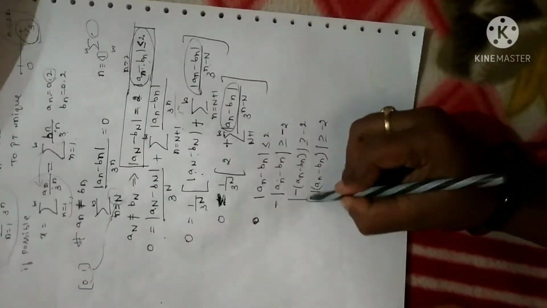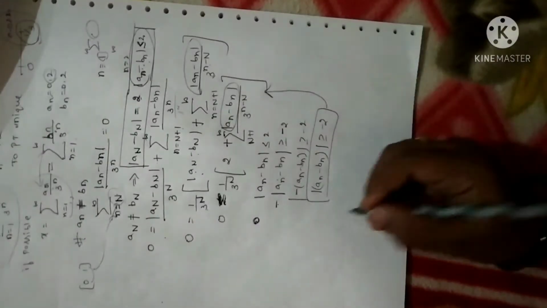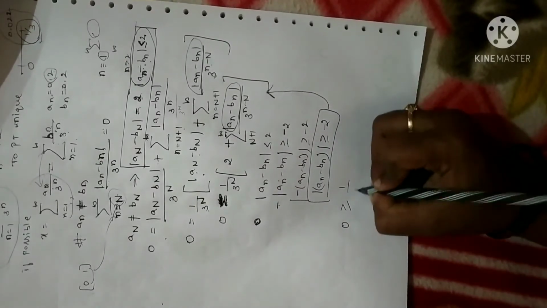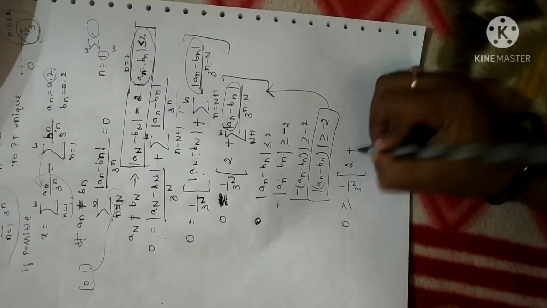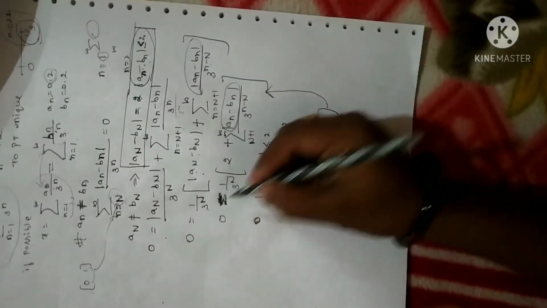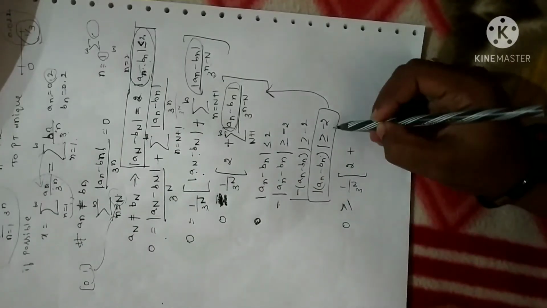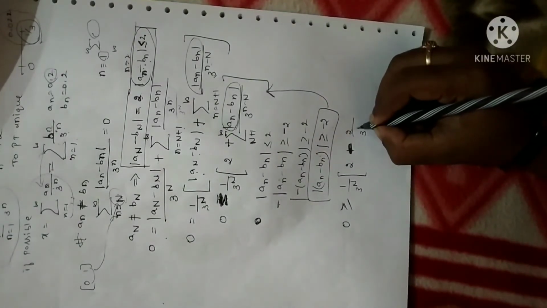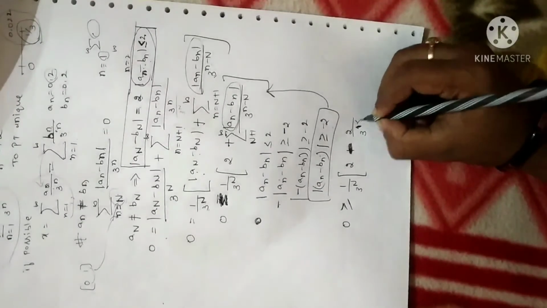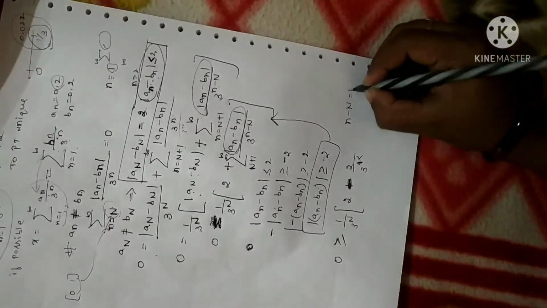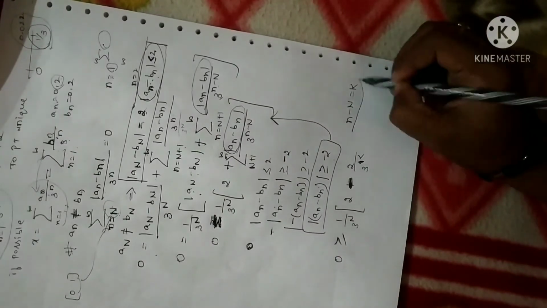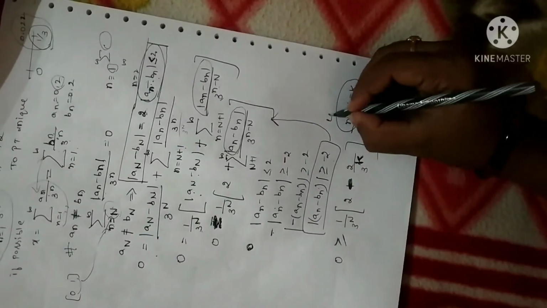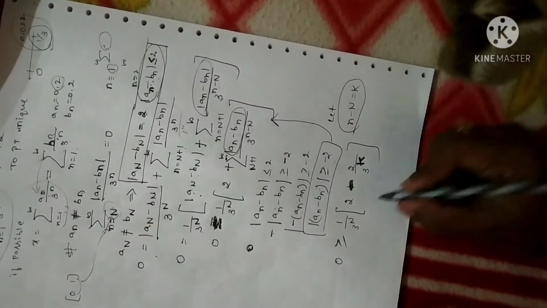Now, I am going to use this expression in this one. What I have obtained is 0 is greater than or equal to 1 by 3 power of n into the summation of 2 plus an minus bn is greater than or equal to. That is why I have changed equals into greater than or equal to minus 2 divided by 3 power of k. Let me take n minus n as k, one of the variable k. Let n minus n be equal to k. I have substituted here. Hope it is clear.